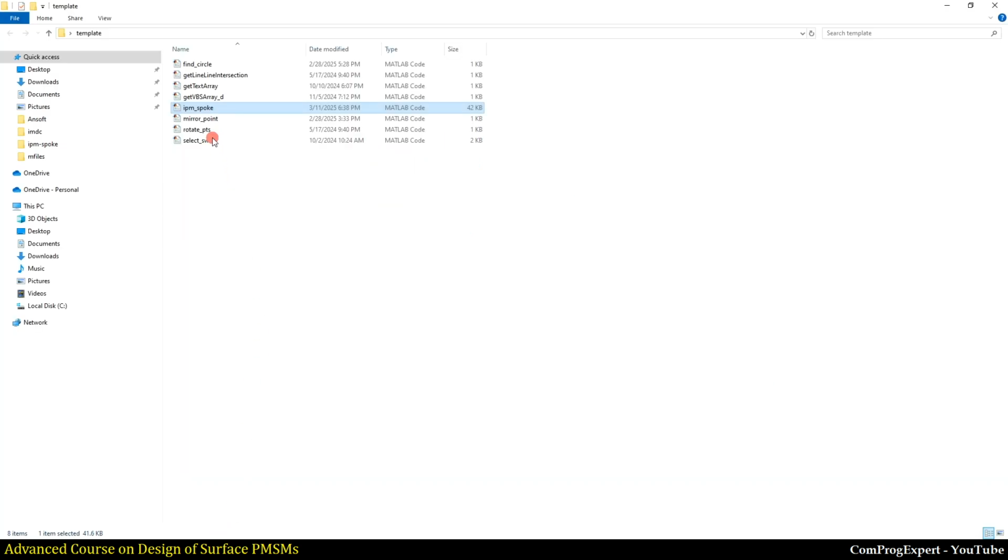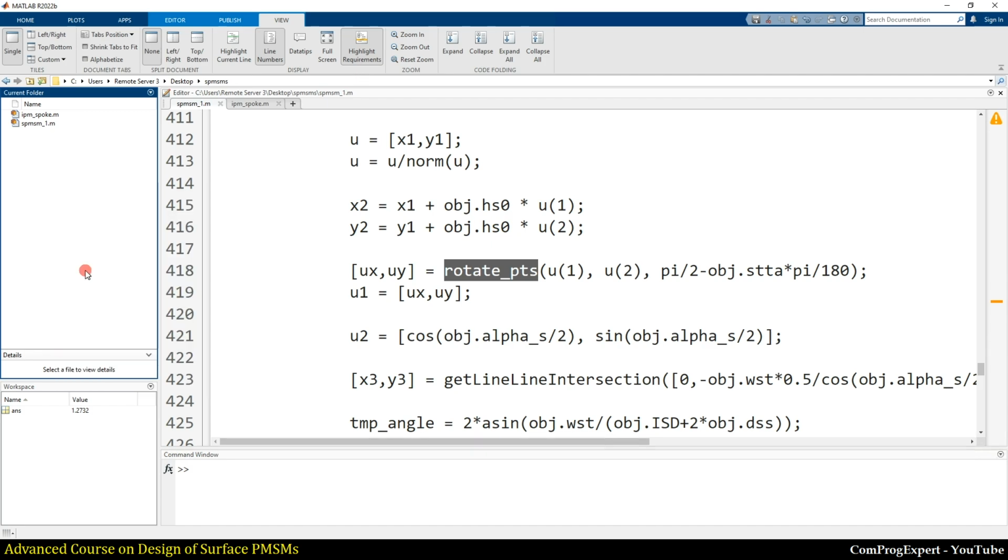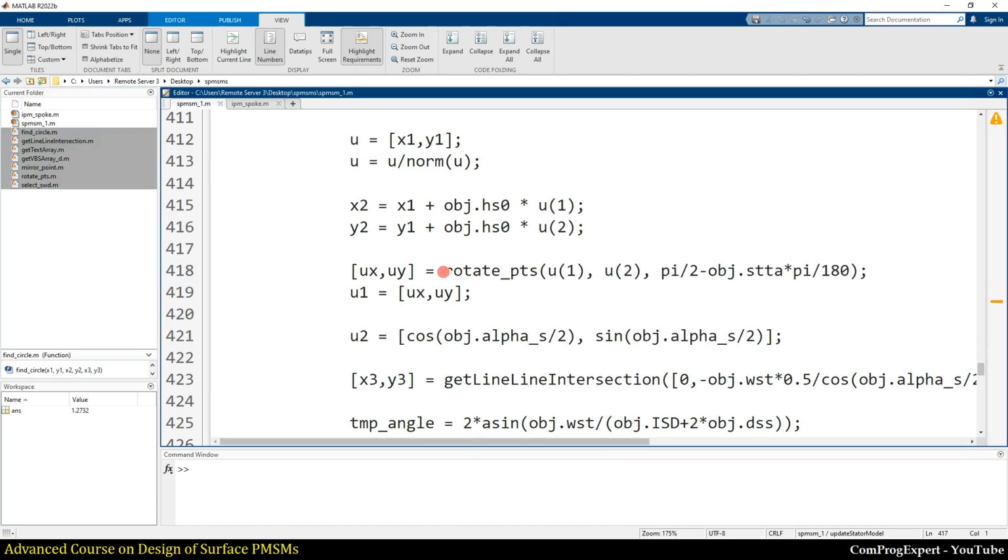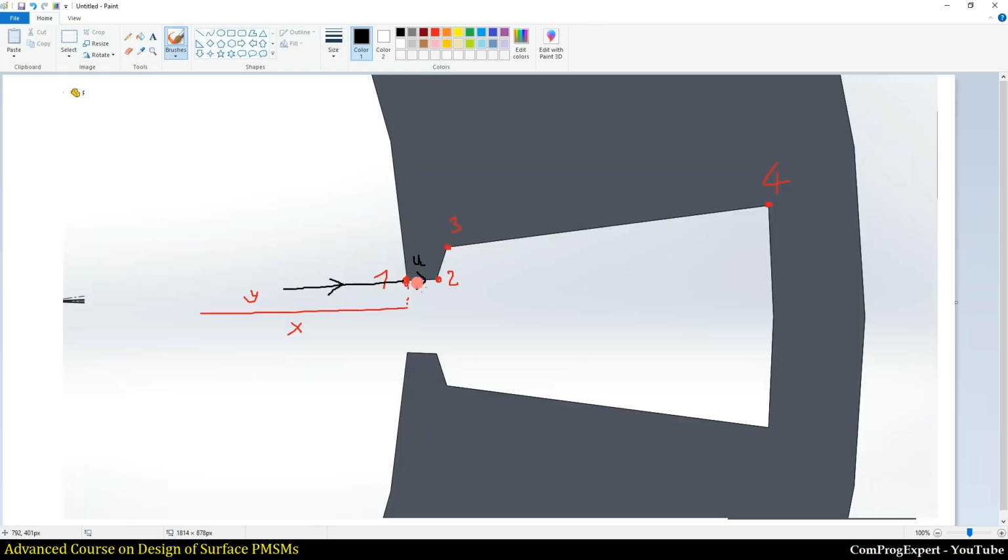I have this function here. Let me copy and paste all of these functions that we need also here. So we rotate this unit vector, to have a vector in this direction.